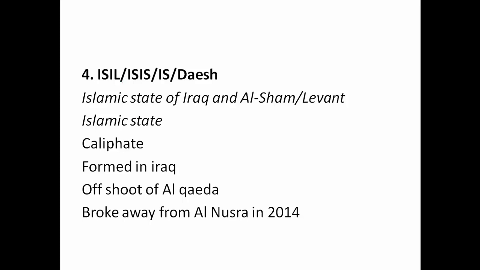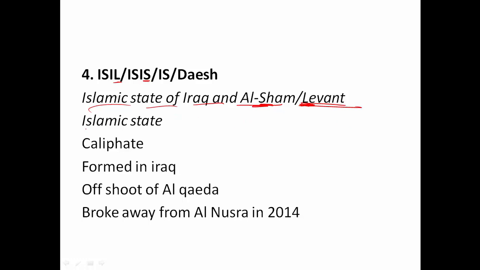Then comes the fourth and the most important group. This is ISIL, the Islamic State of Iraq and Al-Sham. Earlier it was Levant, L for Levant, and then it was S for Sham. So ISIL and ISIS, you can see the two names. Levant is also the ancient name of the region which comprises Syria, Lebanon, and Israel. Later